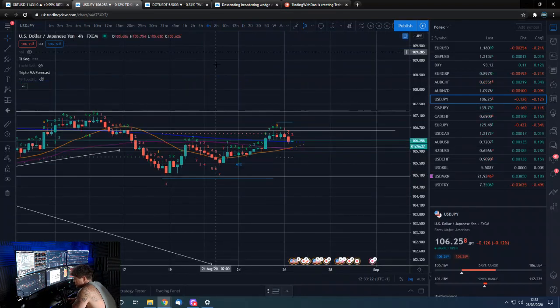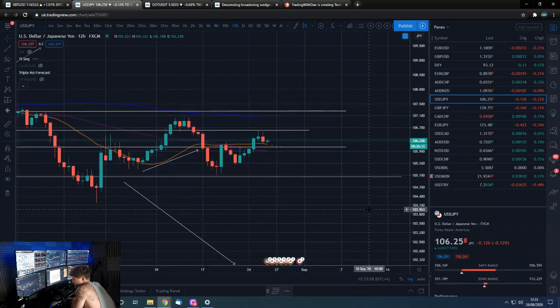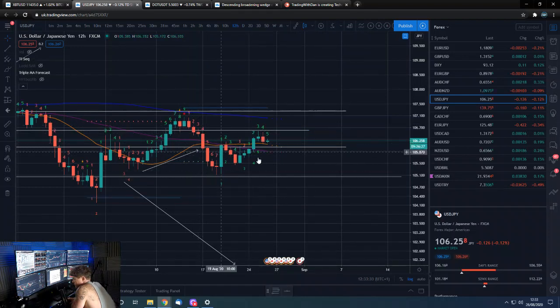TD wise on the 4 hour, we had a nice 4 hour 9 at that high, so that's good to see. And on the 12 hour, well, nice 12 hour 9 there,